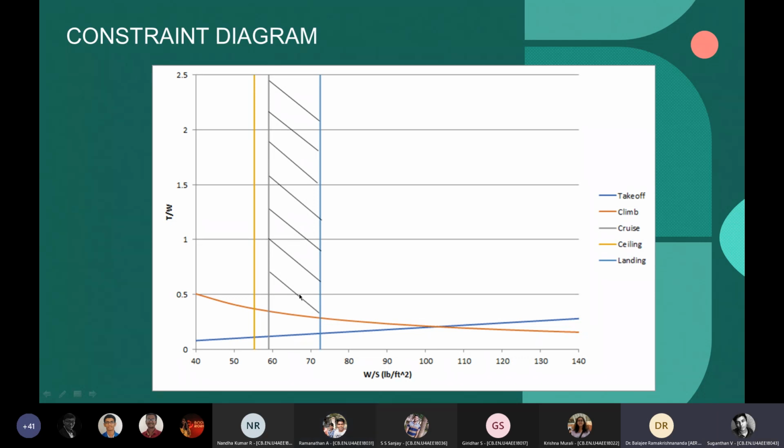In this case, what you do is you reduce the CL and see whether you move it to the right, or increase the CL, whatever. Should I take the ceiling right of the cruise? No, try to move the yellow line to the right, by fiddling with your V and CL.